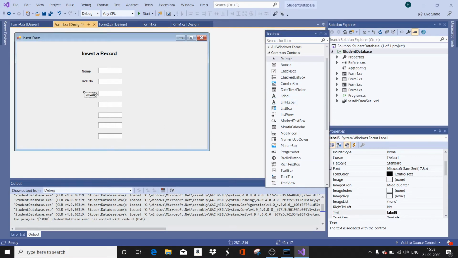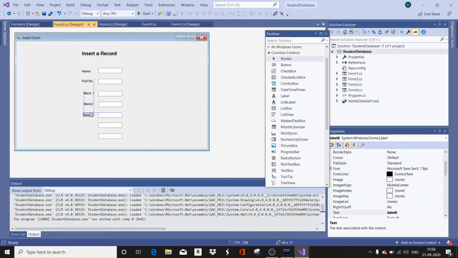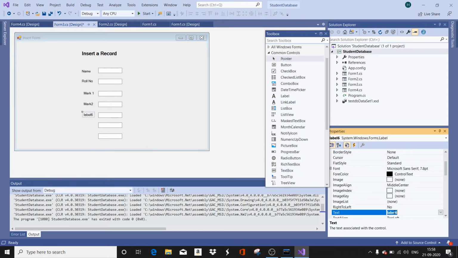Another label for mark 2. Then I want one more label for mark 3. Another label